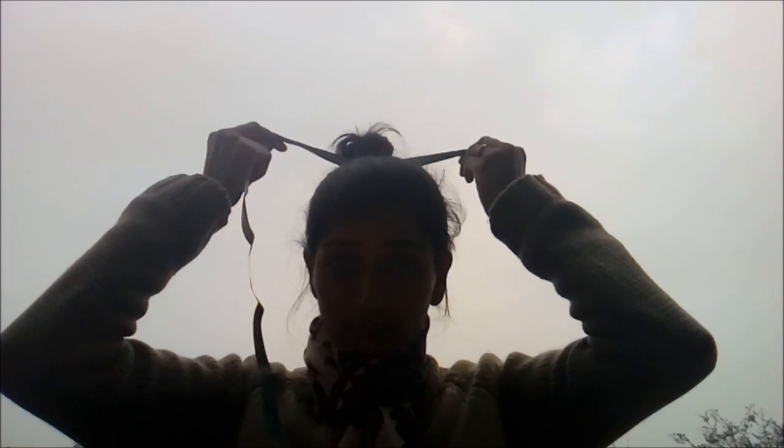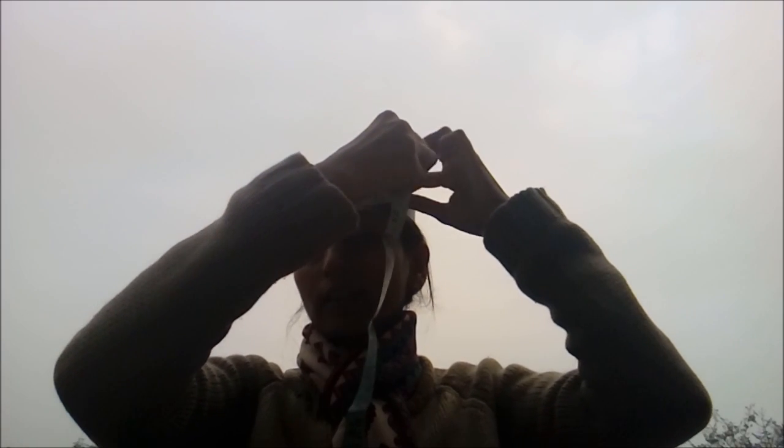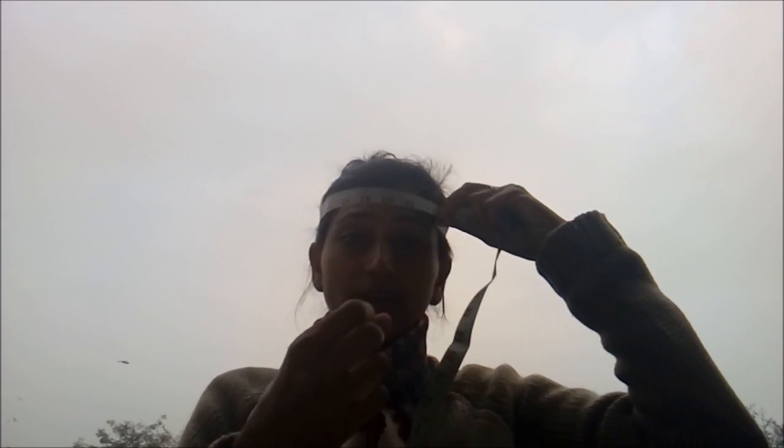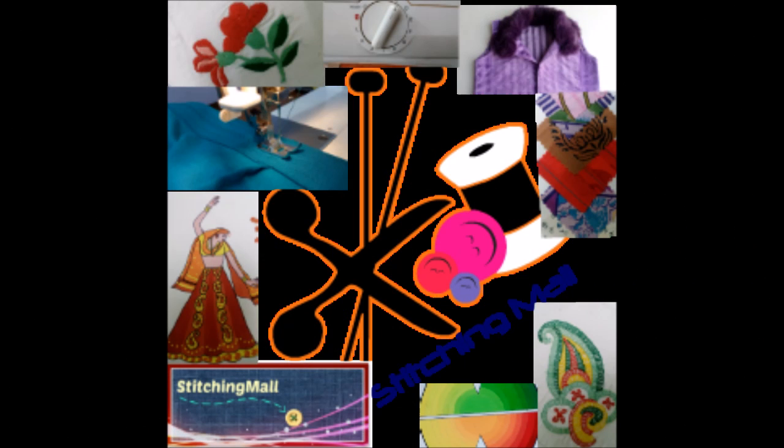Another problem which some of you face is how much the neck width and length of a dress should be. So your dress neck should be at least this much so that you could wear your dress comfortably. It should be easily wearable. So once you join the shoulders, you can check that the dress can be worn easily, or you can just measure around your head and make it as much as indicated on the measuring tape.